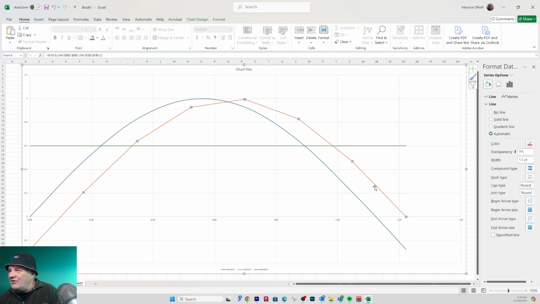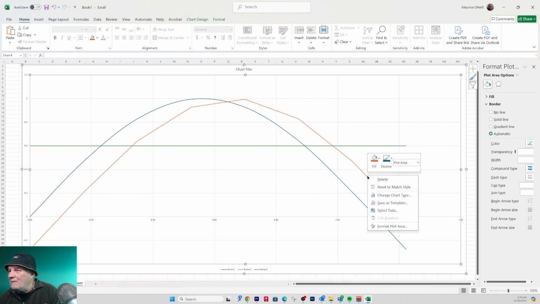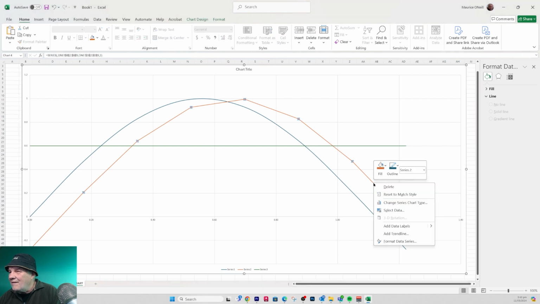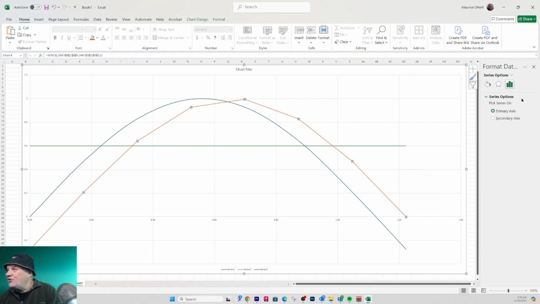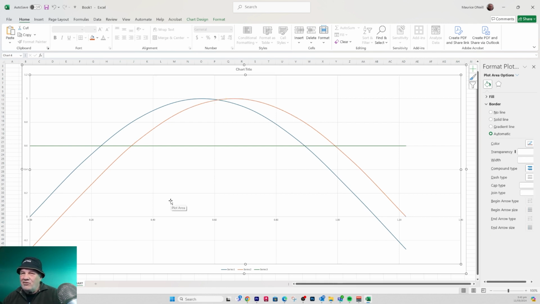Oops, missed the boat there. Format the data series, click on the bucket, smooth that out. Now we can see the 0.2 there, but